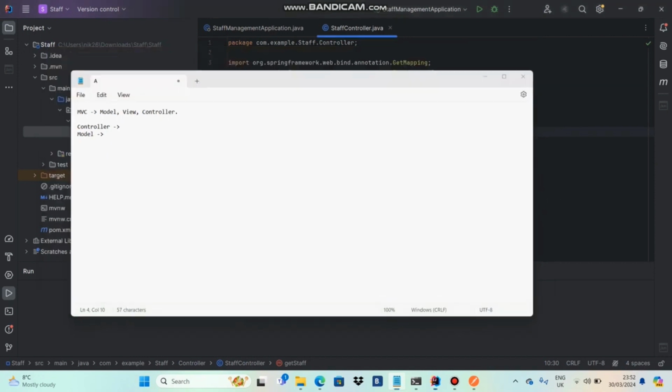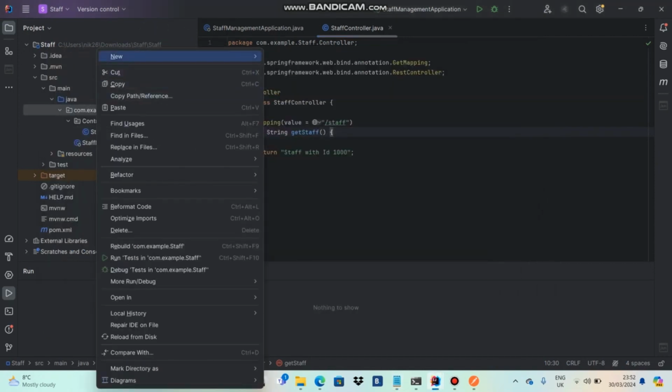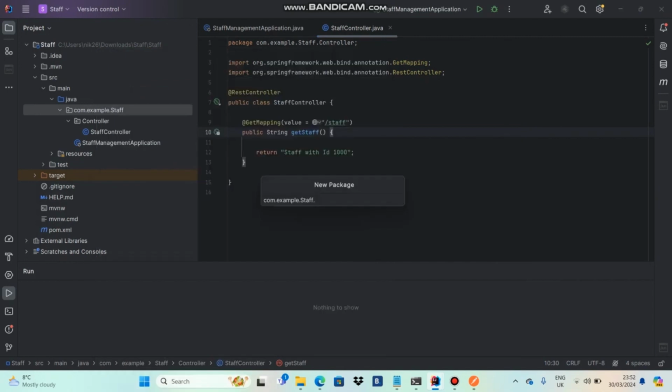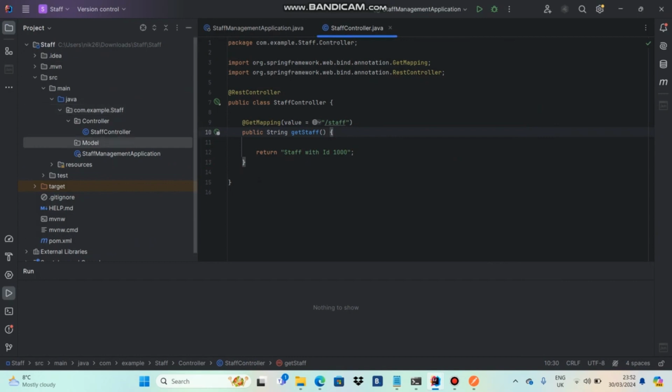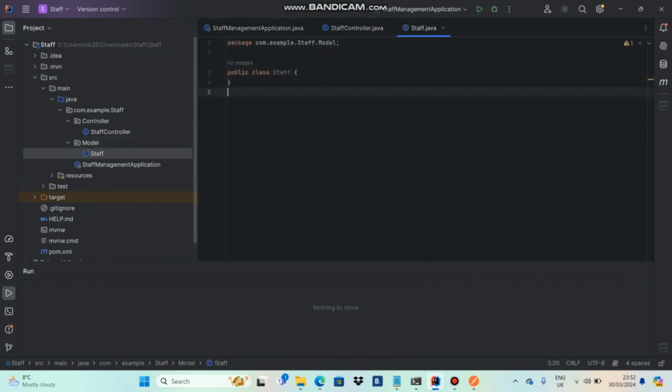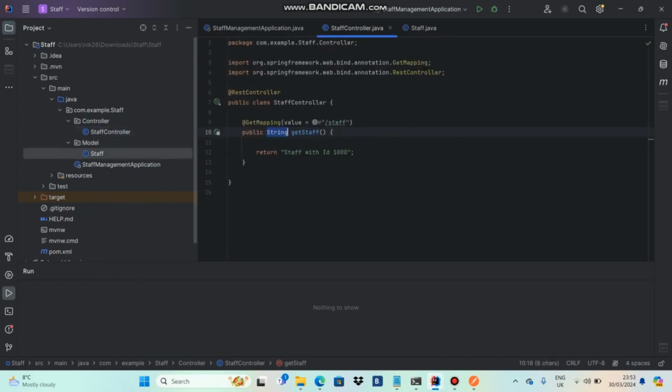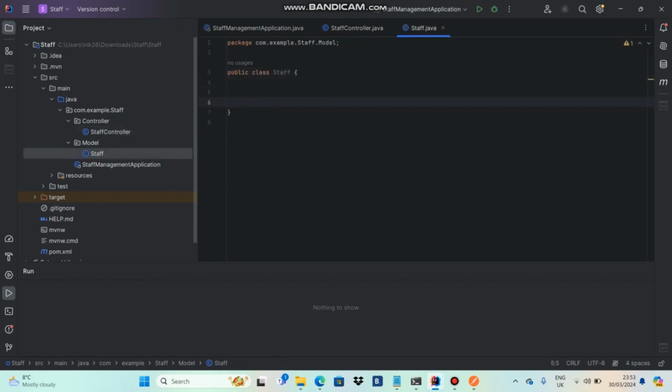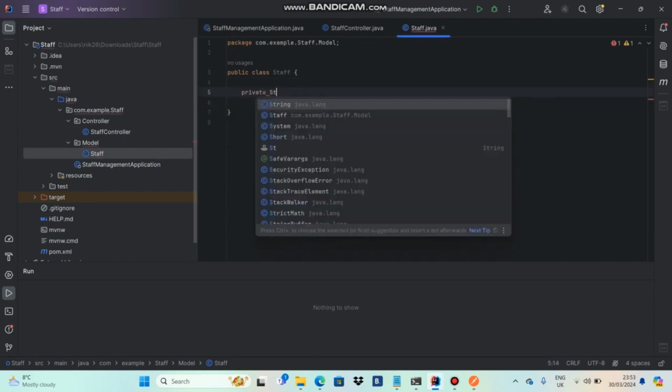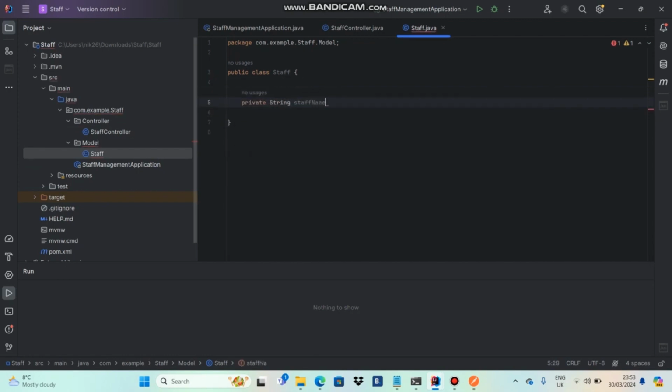So what I'm going to do is create a model package here, a new package called model, and inside that I'm going to create a new class called staff, and the object of the class I'm going to return in the controller, right? In the route I'm going to return a staff. So let's add some fields in the staff class. Let me have the staff name, private string staff name,